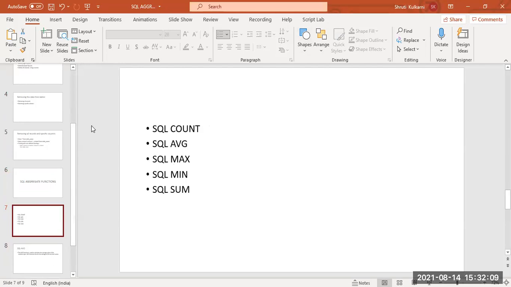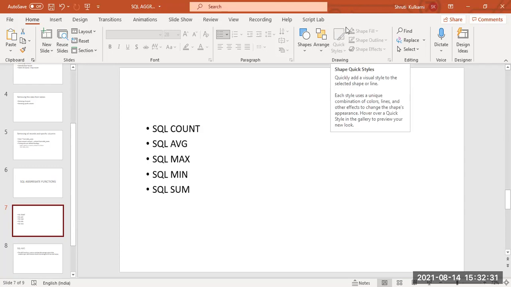In your viva questions or interview questions, if they ask which are the aggregate functions in DBMS SQL, you are supposed to mention this: count, average, max, minimum, and sum. What will they do? They use built-in functions to perform calculations. Before proceeding, we will work this out step by step.